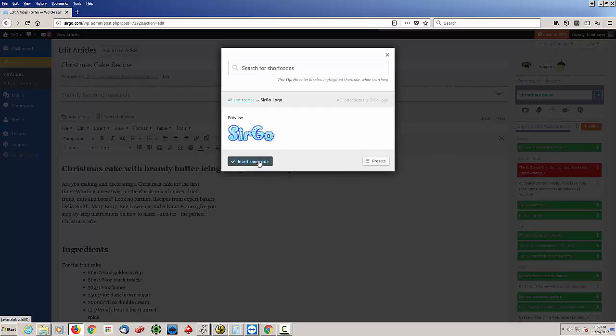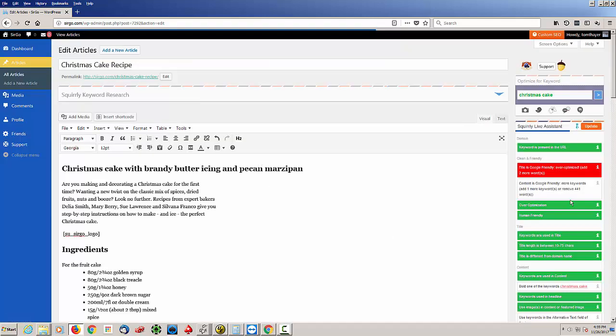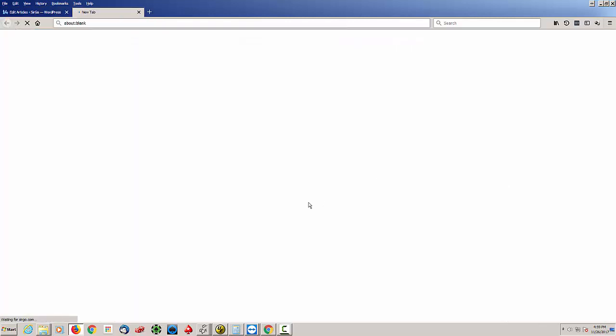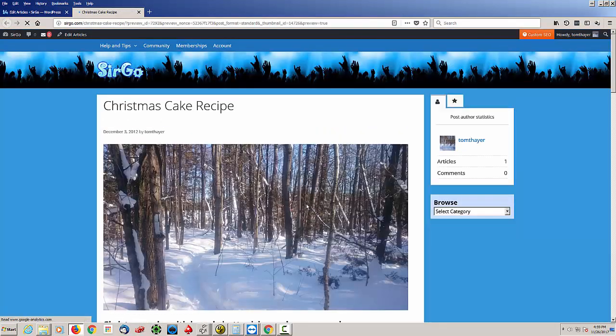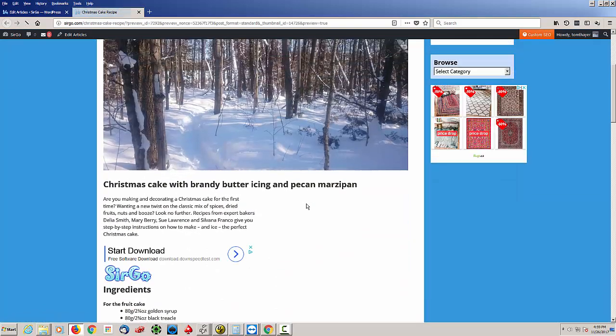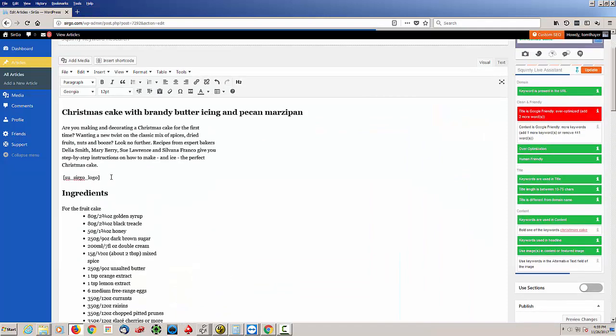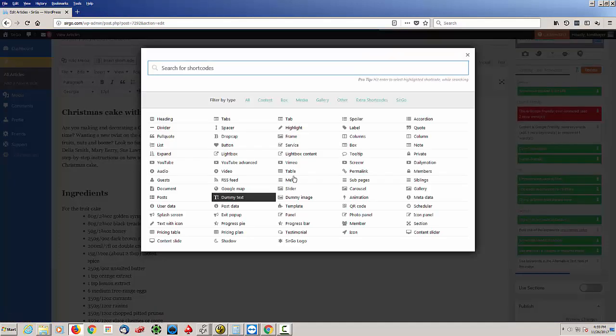And if I just say insert shortcode, now if I go and actually preview things, what you're going to see is that there's the SirGo logo. So there's a lot of functionality in here around these shortcodes. They range from things as simple as that to things like, say you wanted to put in